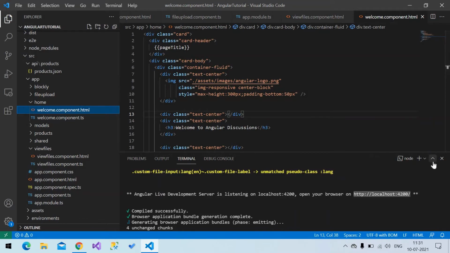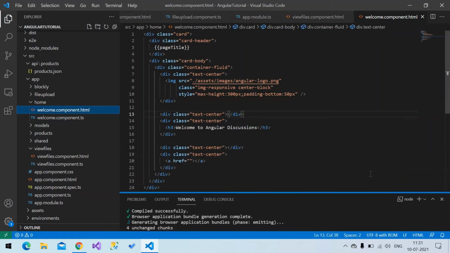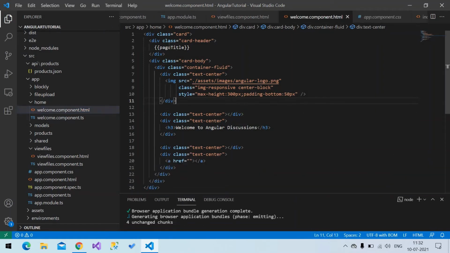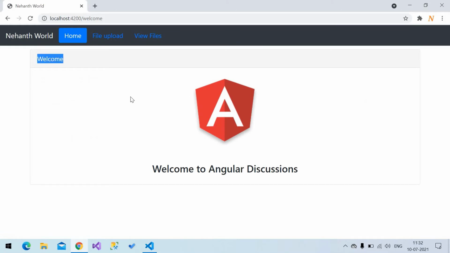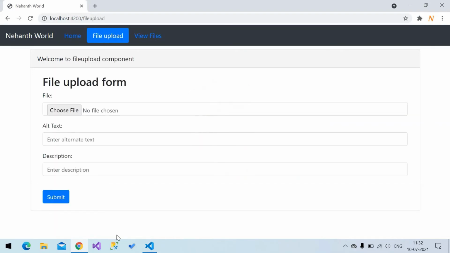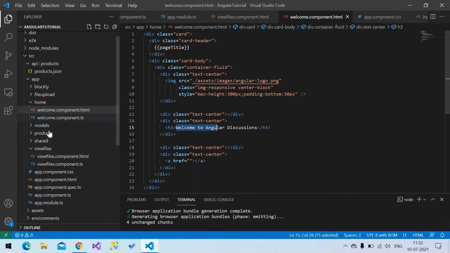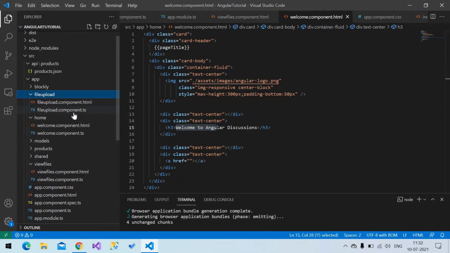It has a simple page title, an Angular image, and a welcome message. So let's look into the file upload component. Here is the file upload component.